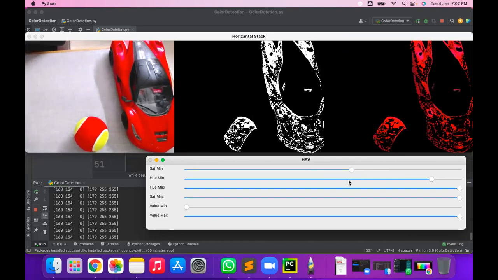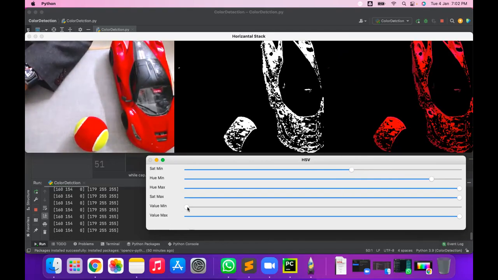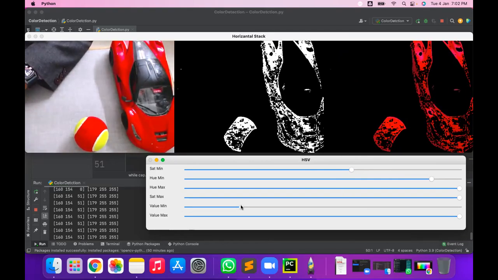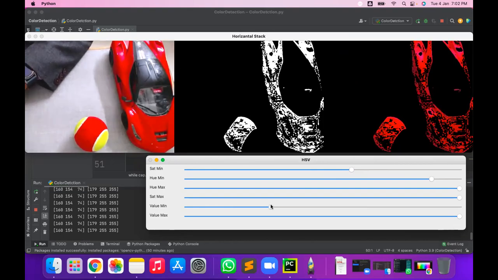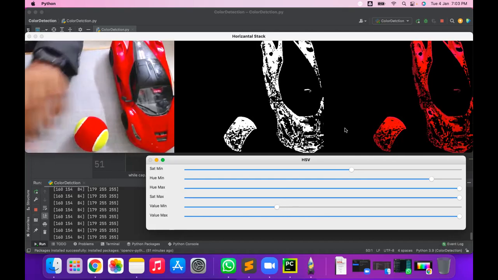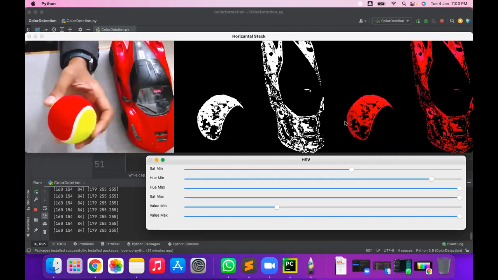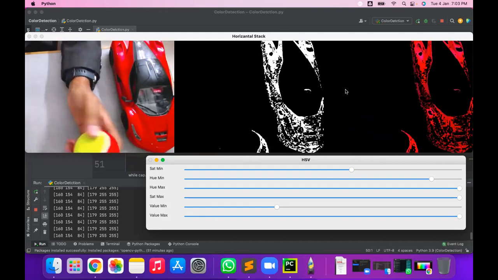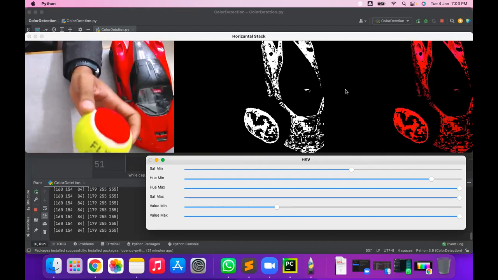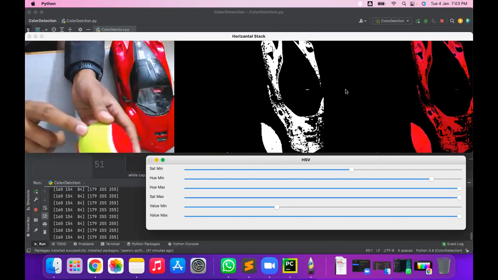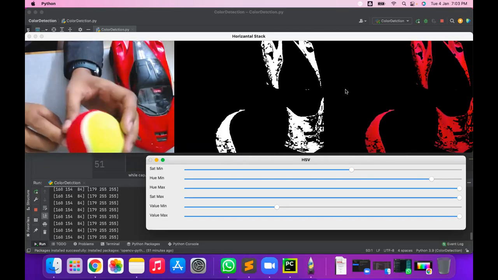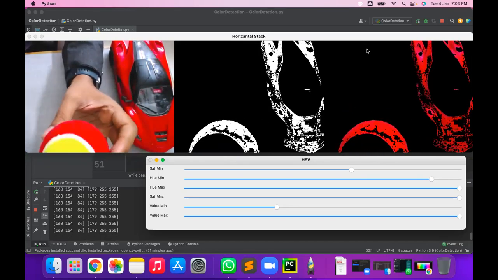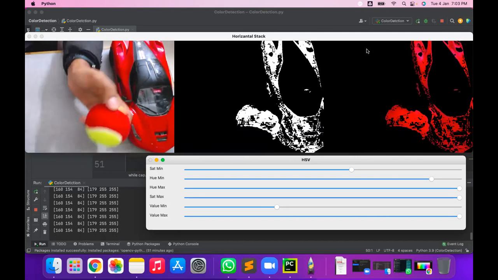The S min is nearly 150, and the V min is 84. Now you will see only the red color. There is yellow color here too, but in the output image you will only see the red pixels.